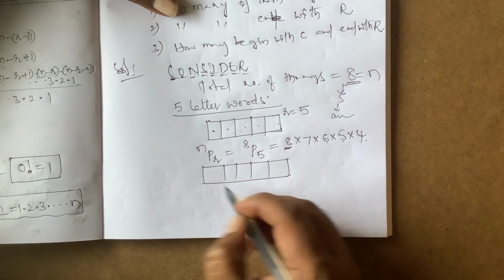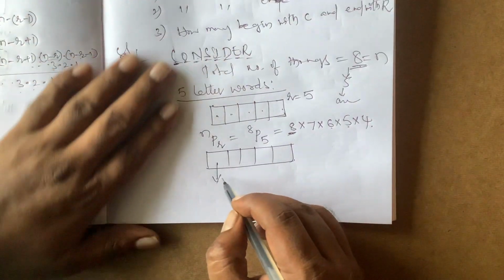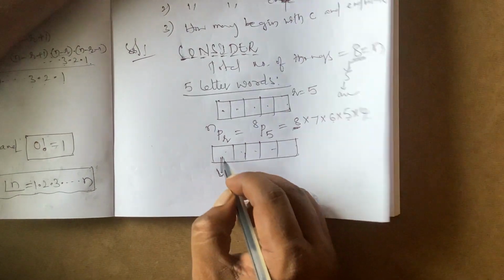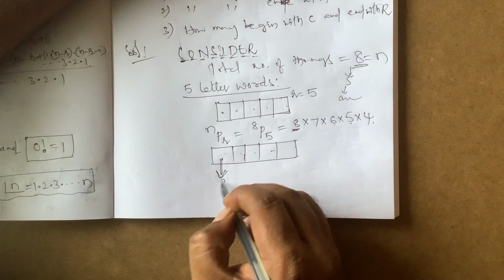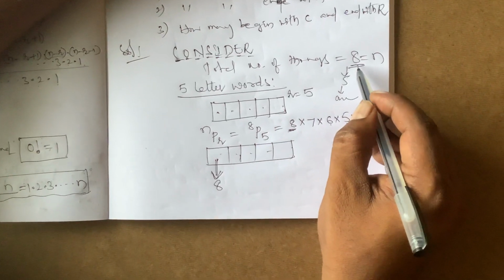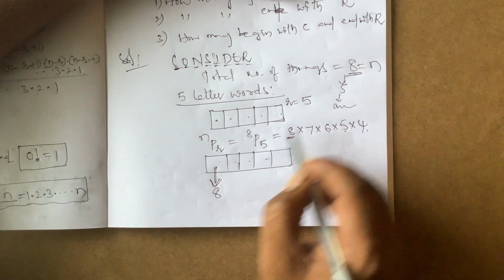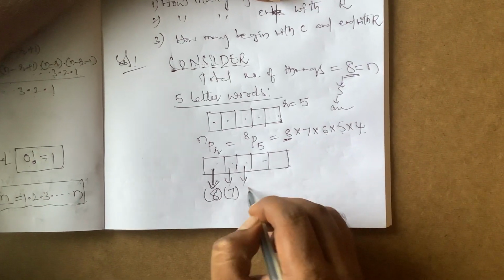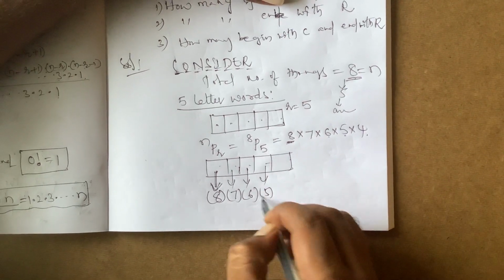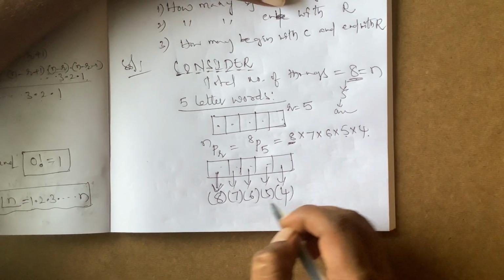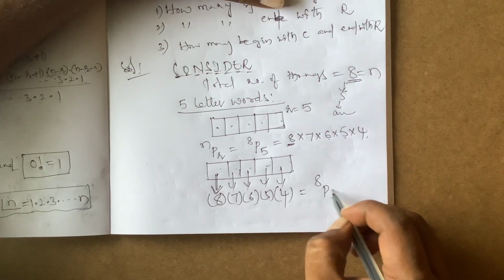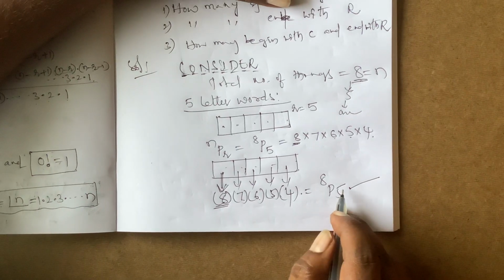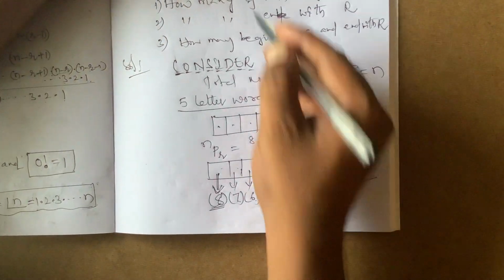Otherwise, 1 2 3 4 5 gaps. First gap, first letter, 5-letter words, so take 5 gaps. Filling up of the first gap is the first sub-work. This can be done in 8 ways. Out of these 8 letters I can fill any one letter in the first gap. So 8 chances, for this one 7 chances, for this one 6 chances, for this one 5 chances, for this one 4 chances. This symbolically we give as 8P5. Starting with 8, 5 factors are there, so 8P5 is the value. Okay, so this is the first bit completed.